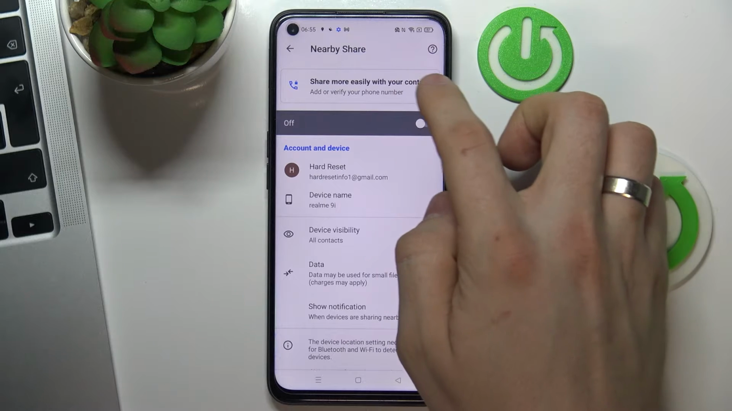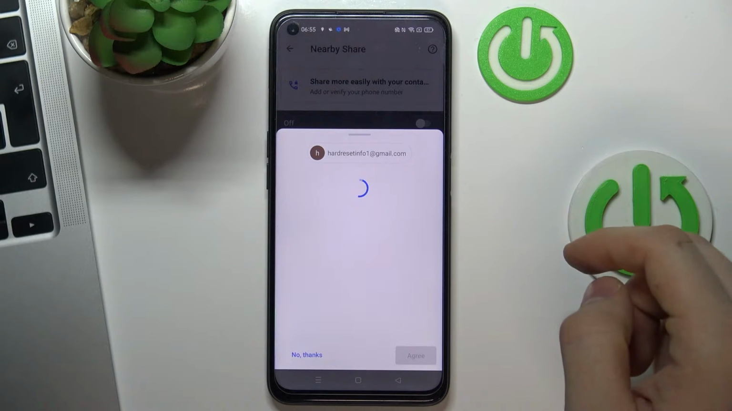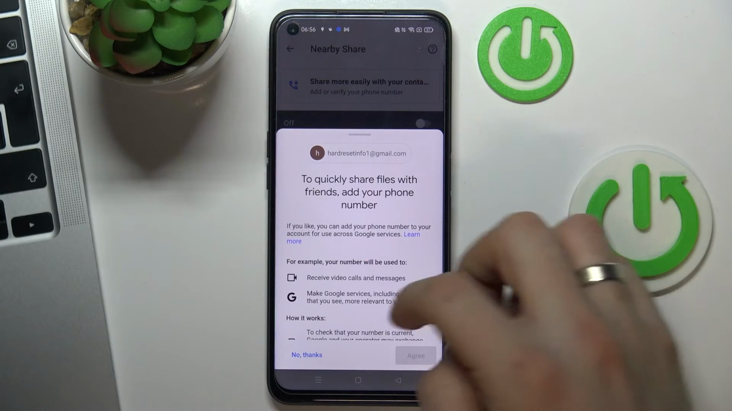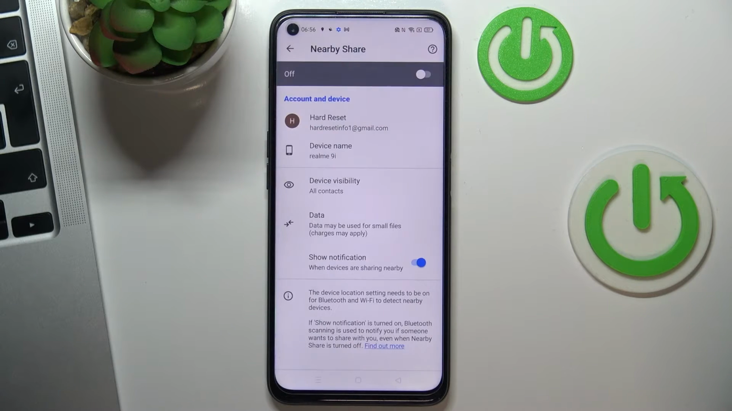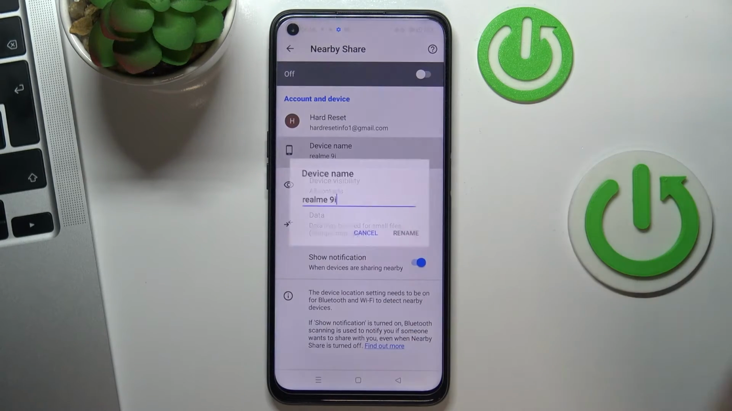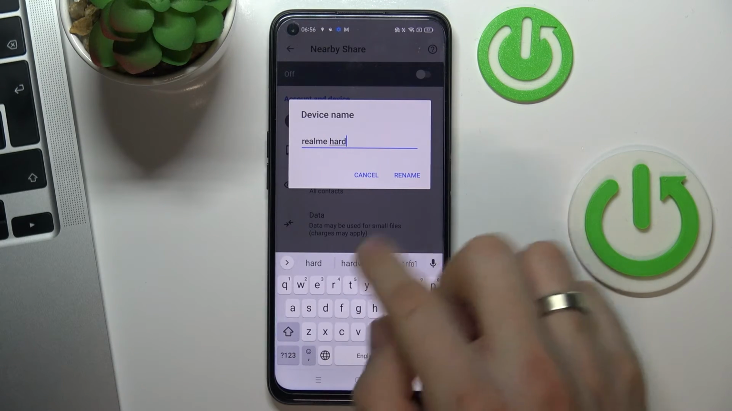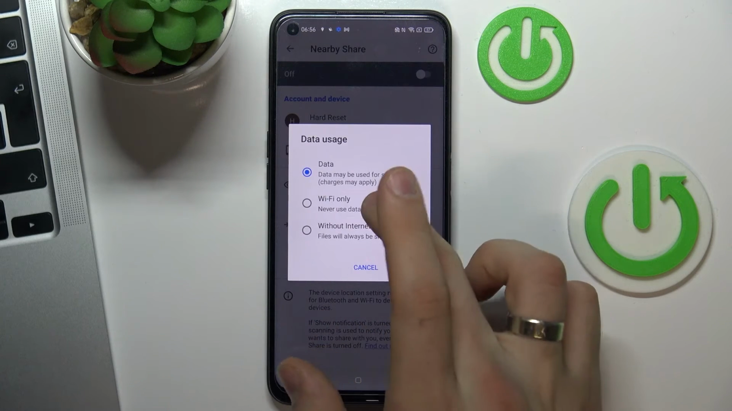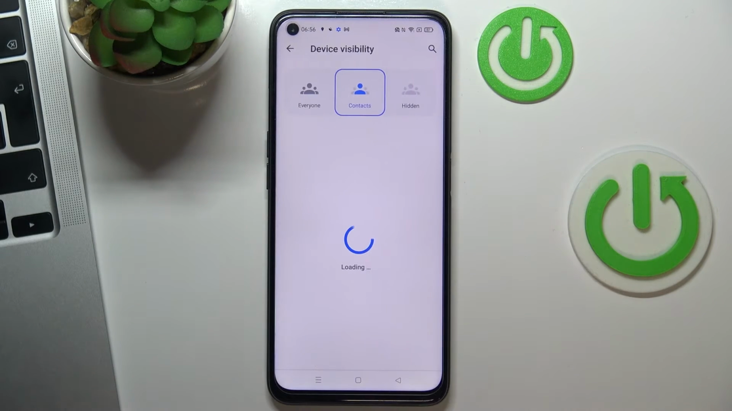tap on Share More Easily button, wait a while, scroll down, wait a while, scroll down and choose Agree. Cool, now you can change device name and choose Rename. You can change data usage mode, for example you can use Wi-Fi only mode, and make your